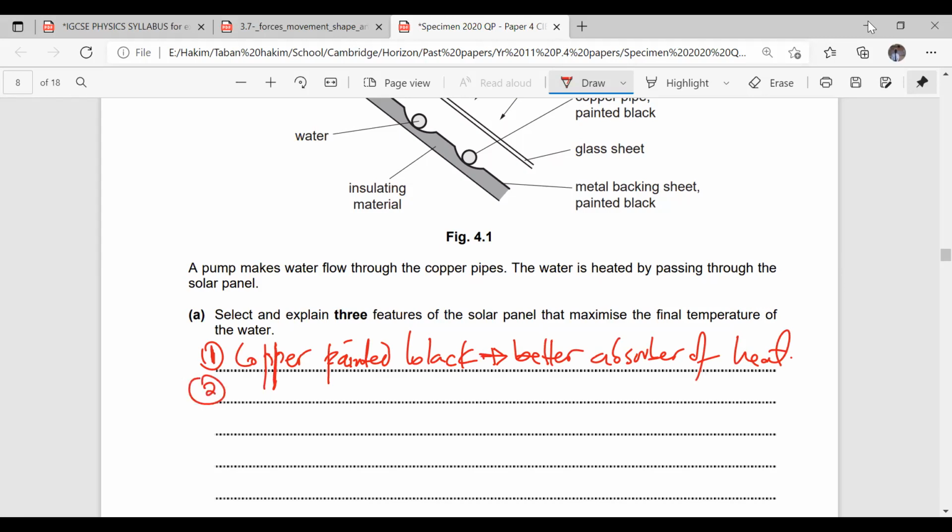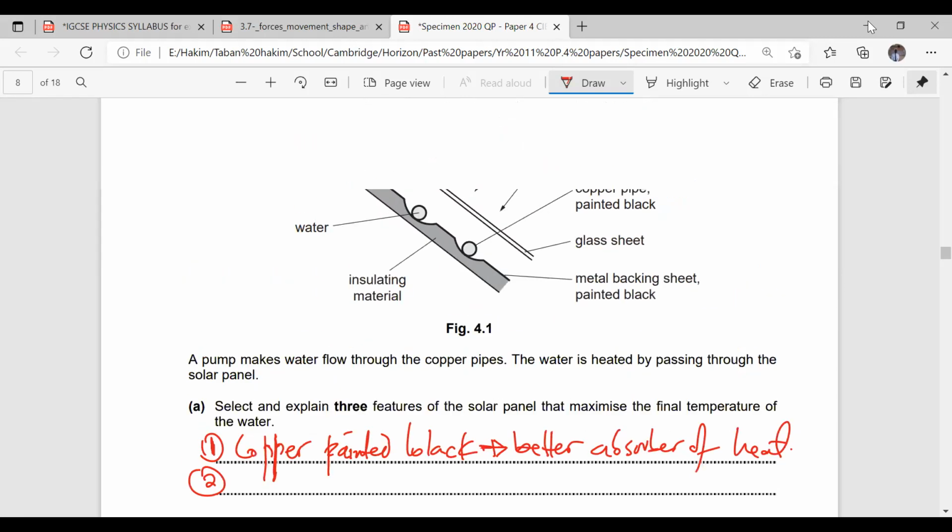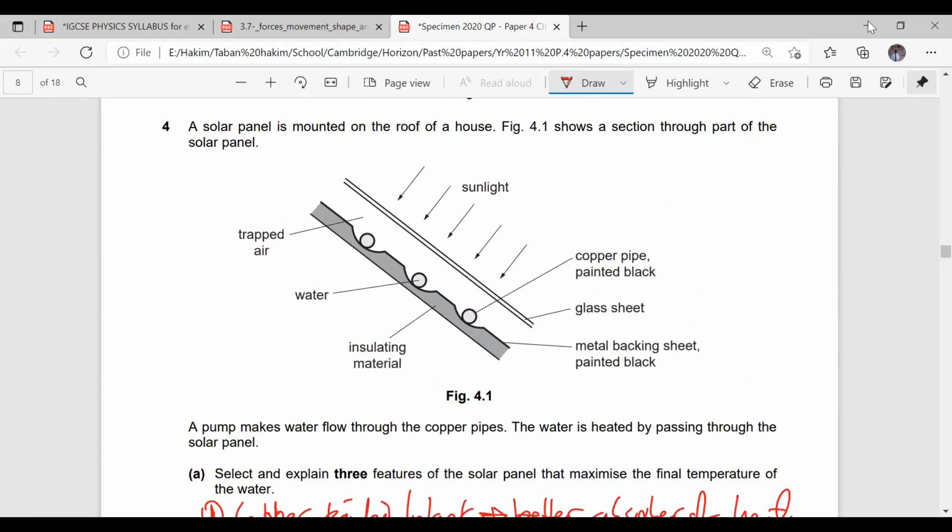Anything else? Sunil, Mega, what do you see? So I also saw the same thing that Kirtan saw. Okay, anything else? Yes, sir. The trapped air which is in the middle heats up due to the heat from the sunshine, which also enables the water getting hot. The trapped air heats up. And therefore it is